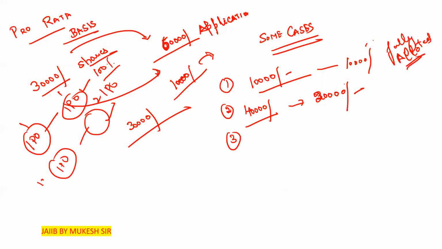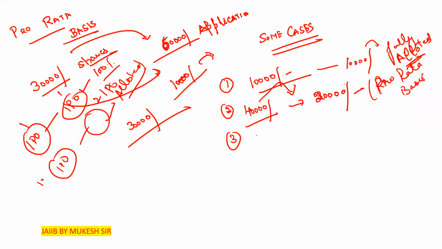These are all terminologies available in the book. Please try to understand here, because there they are not discussed in detail to this extent. So here they are also allotted, but not fully allotted. That is known as pro rata basis. When they have not been allotted the exact amount they subscribed for, that is known as the pro rata basis.